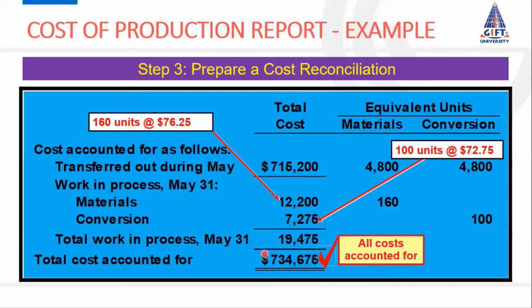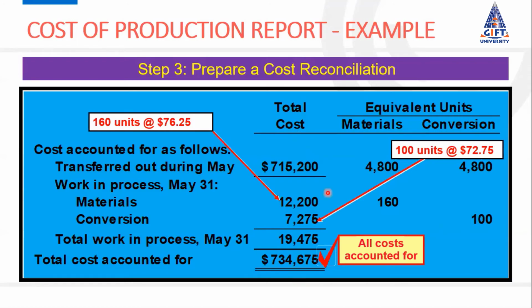And when we balance out this work in process account, we will get the 19,475 figure, and this figure will only be available with the calculation of these per unit costs. If we don't have per unit cost, we cannot calculate that. So all this practice is for calculation of per unit cost, reporting of that cost, and recording of that cost. And the work in process account can only be prepared if we can prepare this production report.